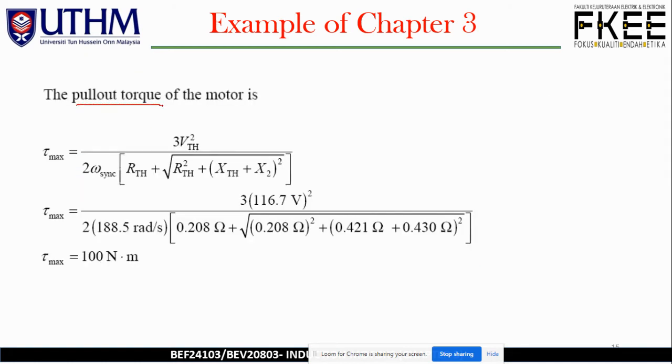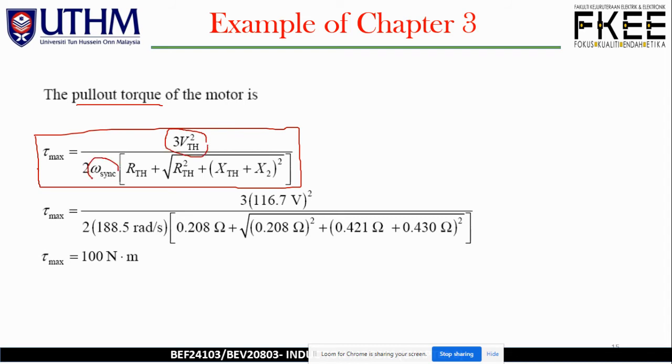So what about the pull out torque, T max, or T pull out? We have again the equation: 3 VTH squared over 2 omega sync times (RTH plus the square root of RTH squared plus (XTH plus X2) squared). You need to take the square root of everything here. Okay, and then remember,